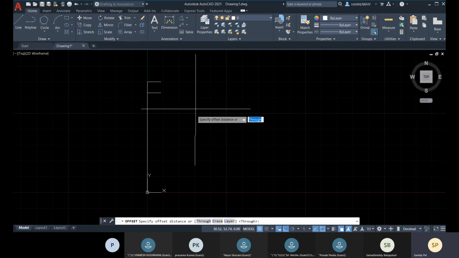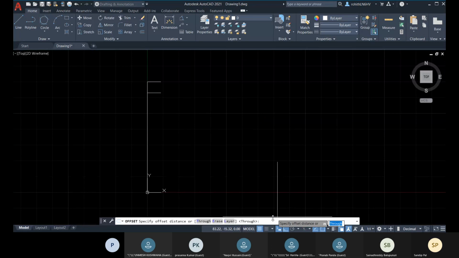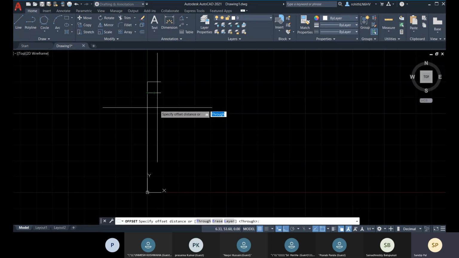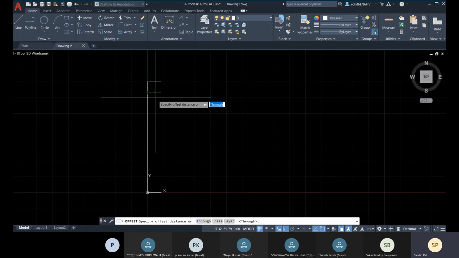Let's specify the distance. If you place your mouse pointer near your drawing, you can simply type it.